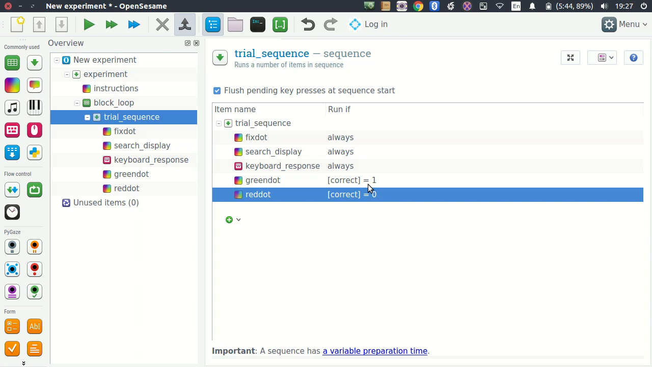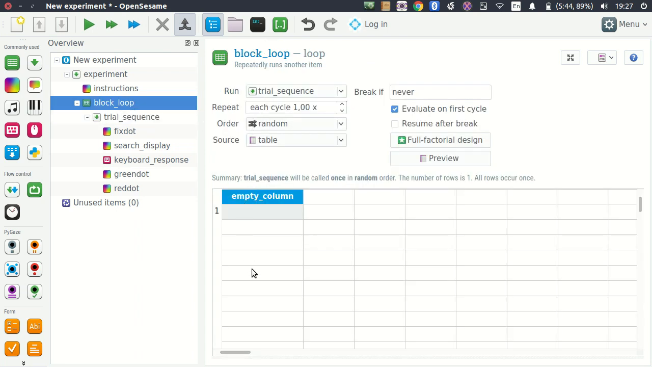Alright, so just to review the trial sequence, we start with the fixation dot, then we show the search display, then we collect the keyboard key press, and then if the response was correct, we show a green dot, otherwise we show a red dot. So that's perfect. Okay? So let's now move on to the block loop in which we're going to define our independent variables. Alright, so here in this table below the block loop, we have space to define our independent variables. Now, the first variable that we're going to define is correct response,